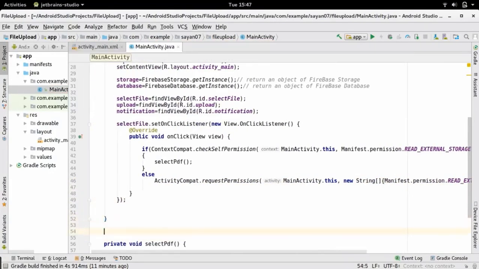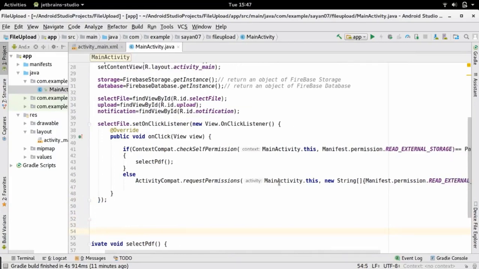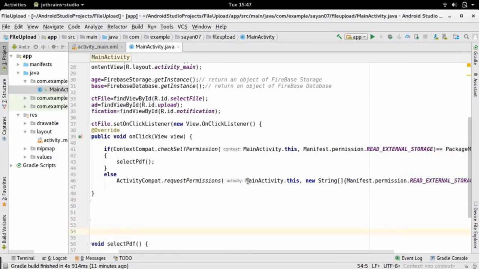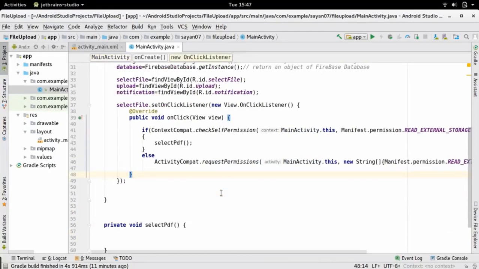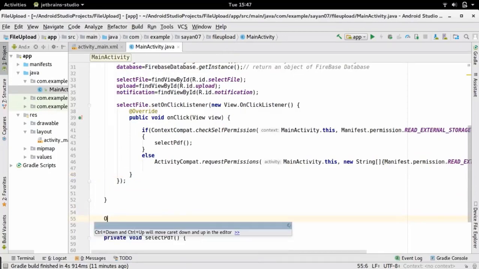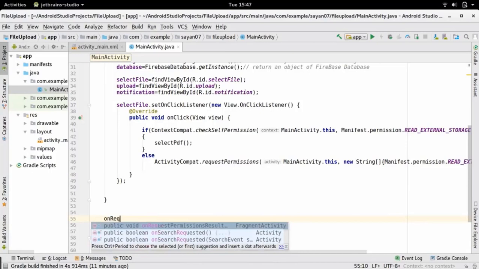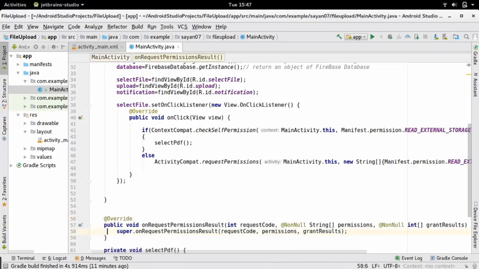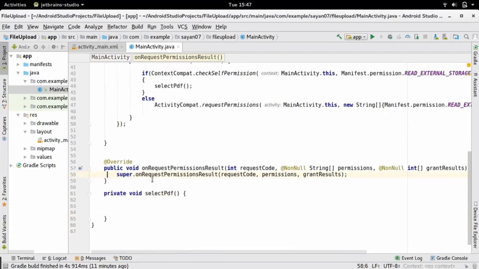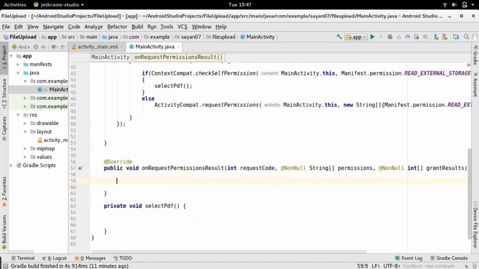So if the user successfully grants permission after executing this line, then the acknowledgement will be done in another method. Okay. The name of the method is on request permissions result. So this is the method. In this method, we can actually verify whether the user has successfully granted permission to our application or not.